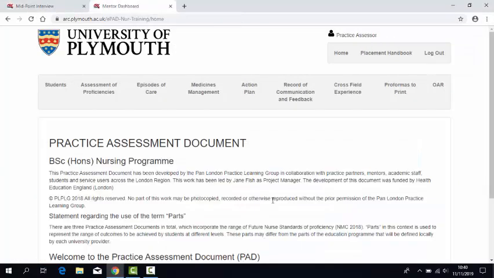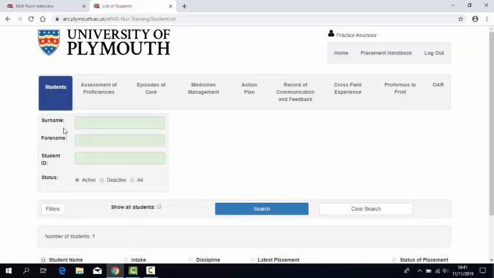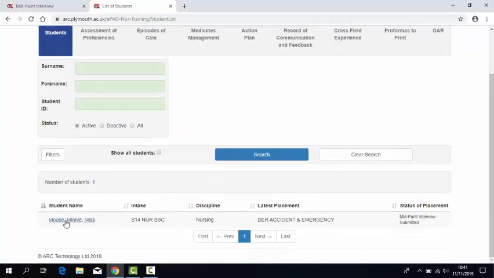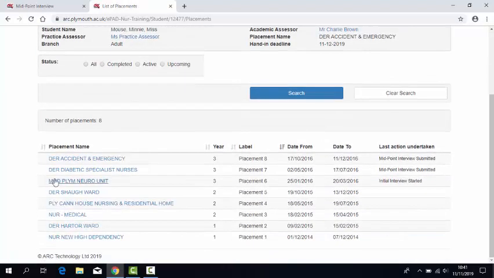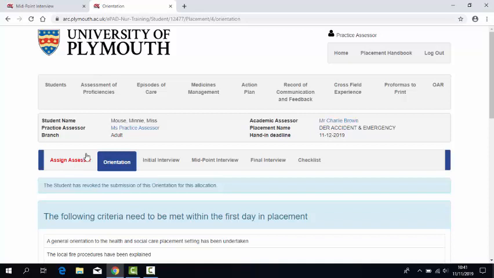The practice assessor can now log into ePAD in order to complete their side of the midpoint interview. So the practice assessor will log in, navigate to find the student on the Students button, find the correct student, and then find the relevant placement. You'll see here that the last action taken was that the midpoint interview was submitted. So we click into the placement, navigate to the midpoint interview,